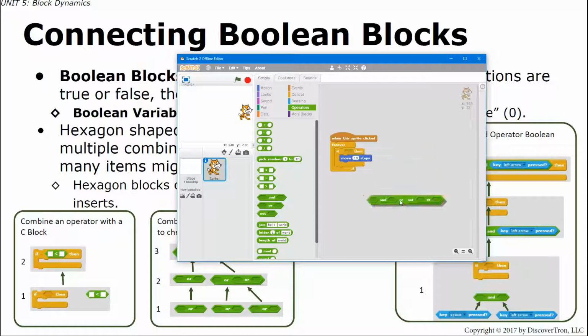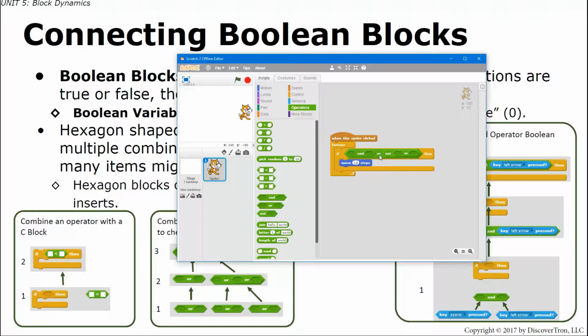Now you probably noticed something when I was moving it up. When I moved it over the data entry area of the move, it lights up, and theoretically it would let me add this logical condition inside the move steps. We're not going to worry about that right now. That's a little bit of advance on what it's trying to accomplish. Let's not worry about that. Instead, let's just focus on the fact that we can put the hexagon block right there inside the if then